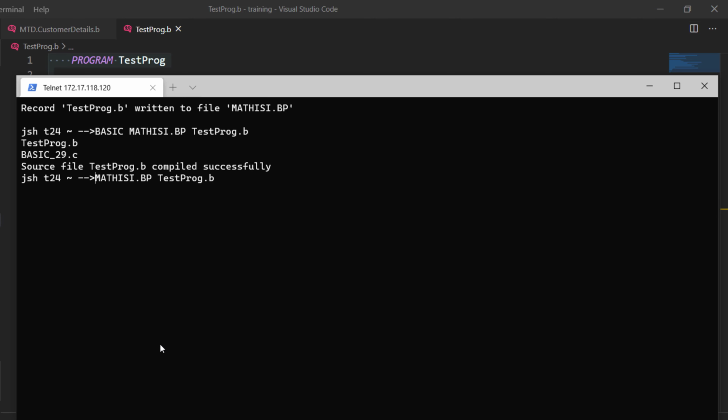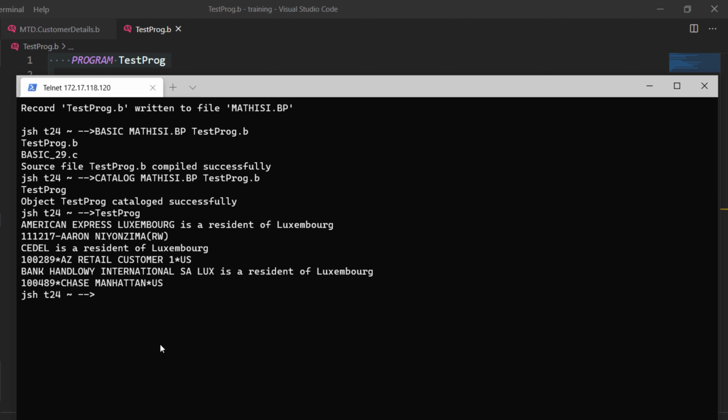Compiled successfully. Catalog. Okay, let's run. Fantastic. Now, as you can see, we have American Express Luxembourg is a resident of Luxembourg. But when it comes to this customer whose residence is not US and not Luxembourg, we have a customer ID